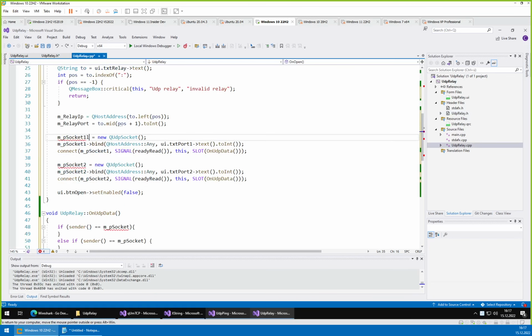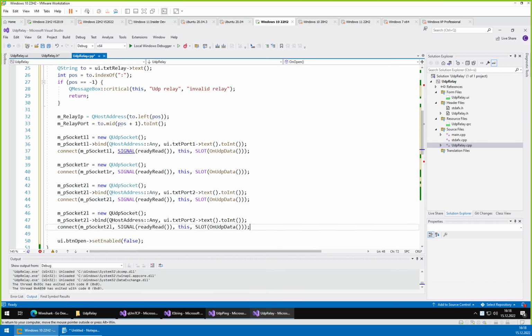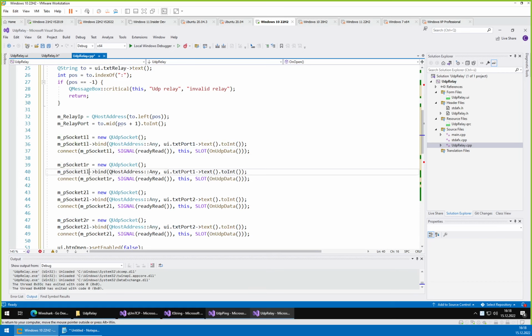Okay, so the local socket needs to have the port set. The remote one doesn't. Local, but we need bind, we just need it without the port. Okay, and here